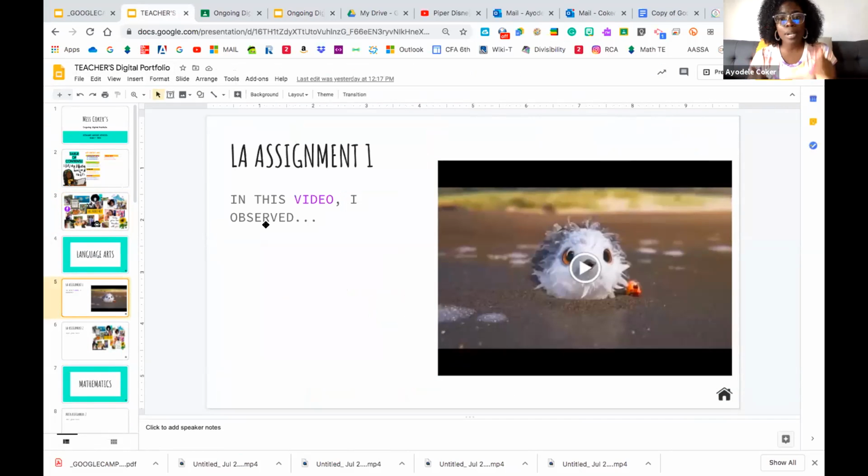So one assignment that I did with my 6th graders, because I taught a block of ELA, is that we were learning about abstract nouns. I used a Disney short film that had no script, no words, just music and sound effects. None of the characters said any words. The kids were supposed to come up with a script, using abstract nouns to describe what was going on in that scene.